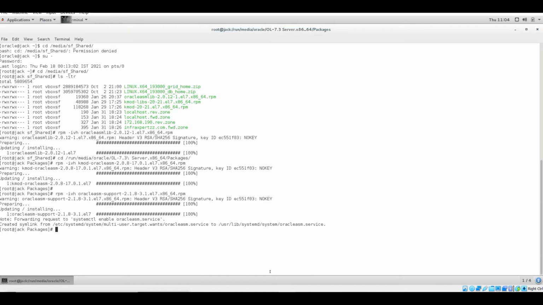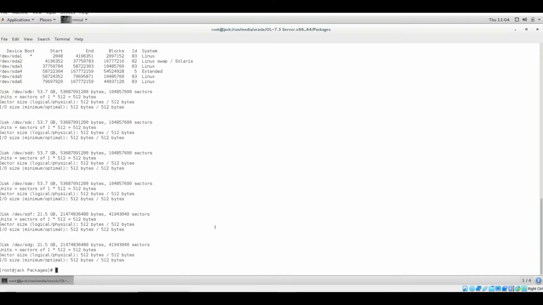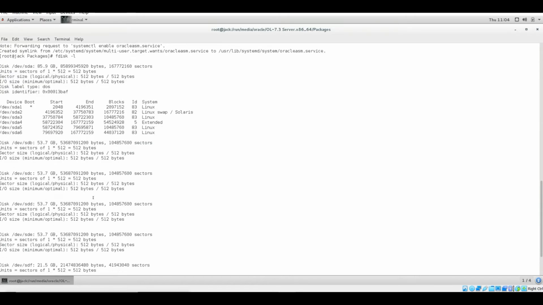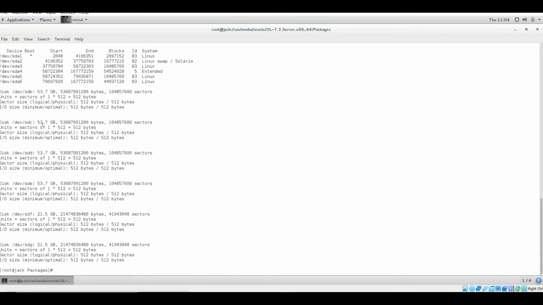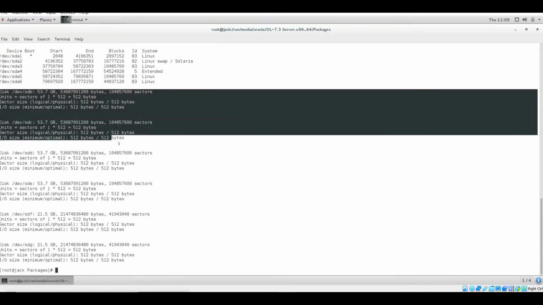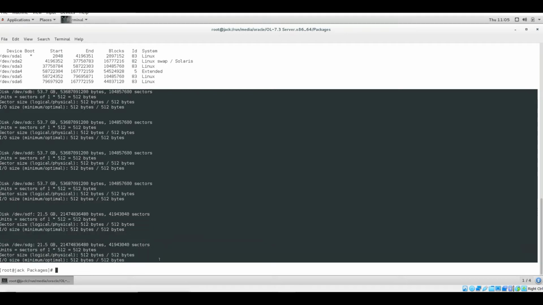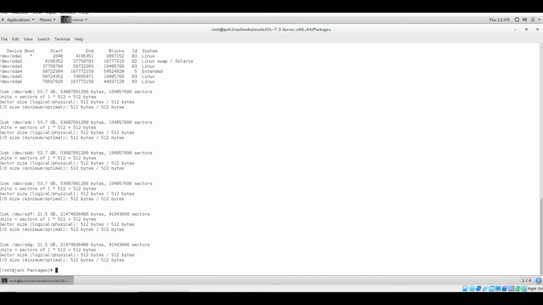Now let me go to Node 1 and see my raw disks. From here, if you see, I have 4 raw disks of 50 GB each and 2 of 20 GB each. Let me first copy this somewhere.